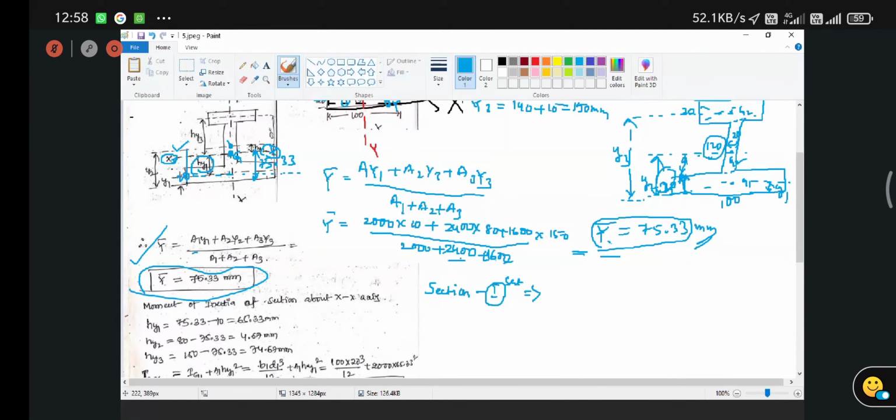But individually, I am going to find it from the parallel axis theorem, using the perpendicular distance between these two axes. Those two axes are the individual section's axis and your whole section's axis. That distance is equal to h by 1. If you really want to see it, I will go for drawing this section. So see here.